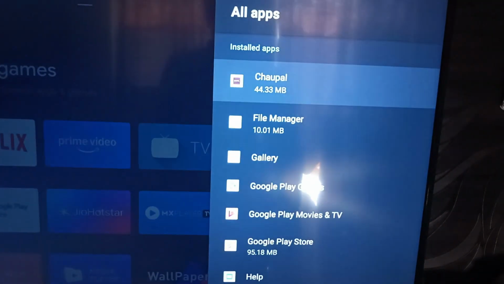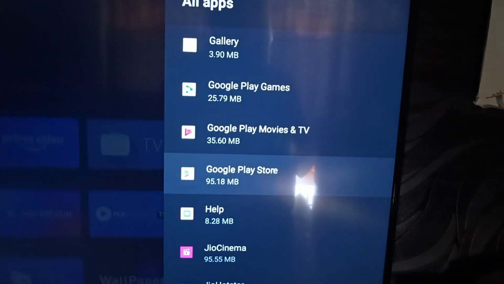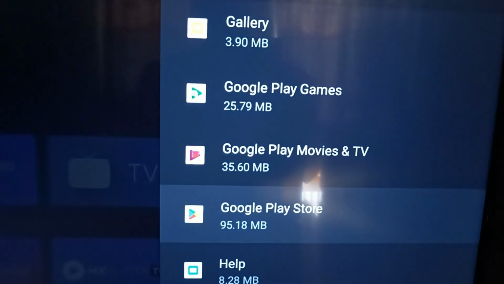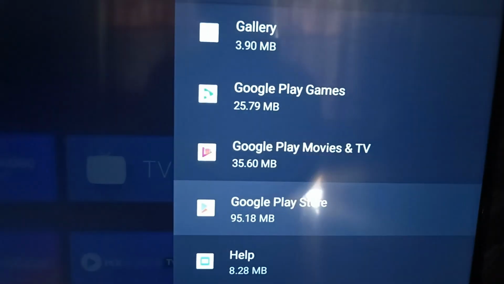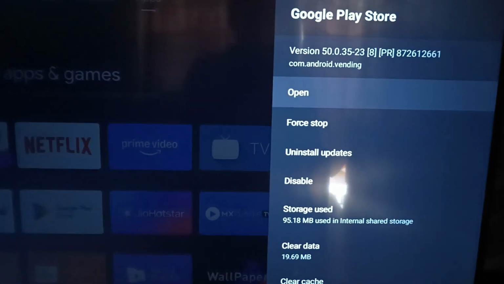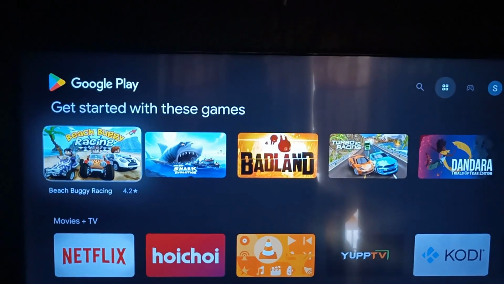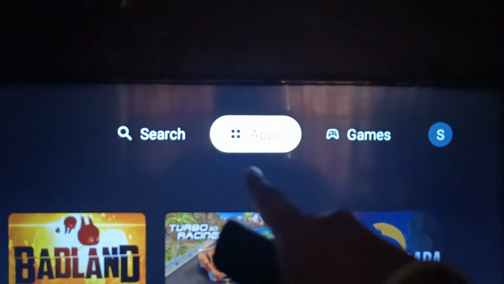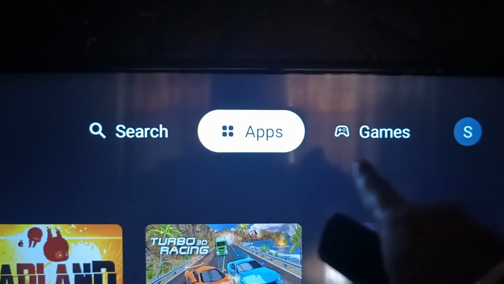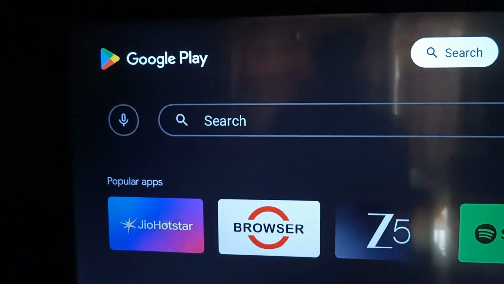And after that guys, you can see there are some options displayed here. Now find the Google Play Store option under this list. Now open it. Now guys, click here, Open option. Okay, open Google Play Store. After that guys, there are three options: apps, games and search. Now click on search, and after that guys,